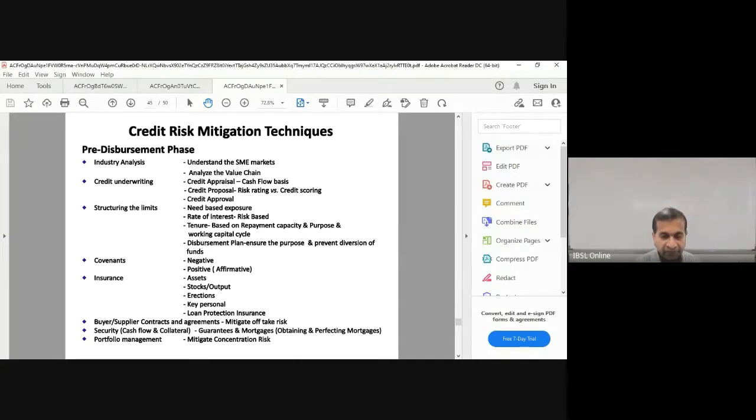I want to add one thing very important: never mind having either positive or negative covenants as much as possible, but there should be a body to follow it up. Under the credit control mechanism, there should be some responsible parties who follow up the covenants. I know in other international banks there are outsourced companies following up the covenants, whether the registration fees and insurance have been renewed, or whether the particular assets have been insured. You know, in Sri Lanka, it is one of the issues.